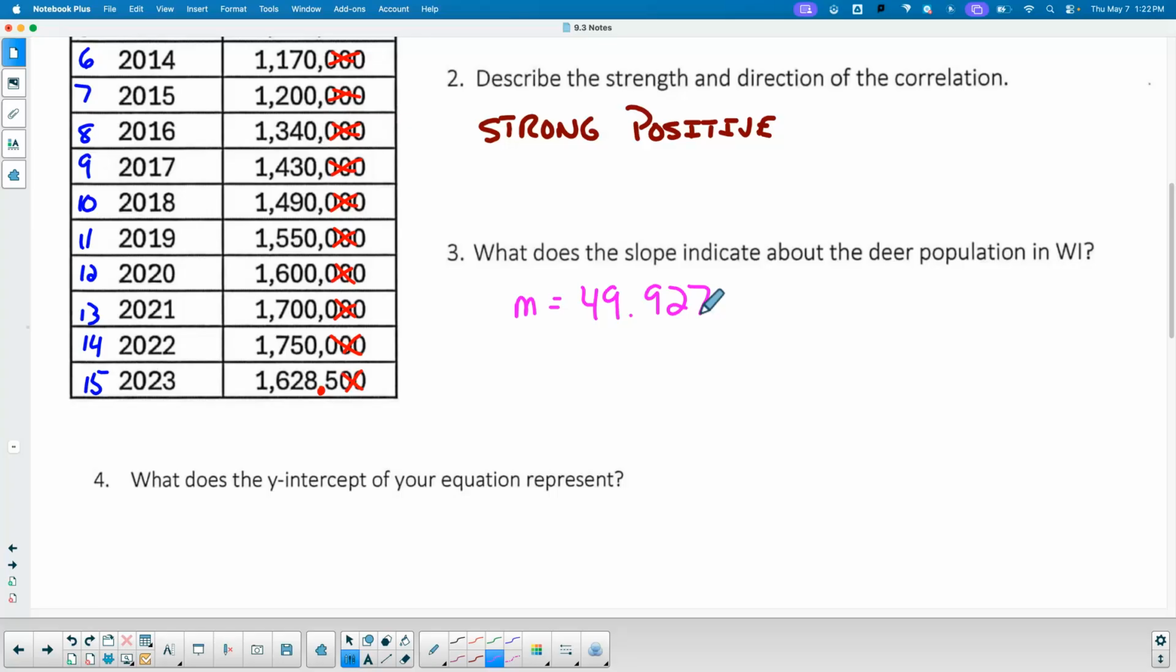What does that mean? Interpret that now. Each year. Okay. So on average, right? Because some years it went up, some years it went up a lot, some years it didn't go up as much, some years it went down, right? Okay. So that is the average increase